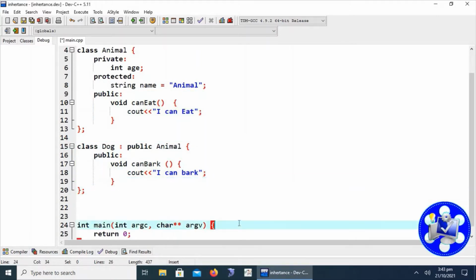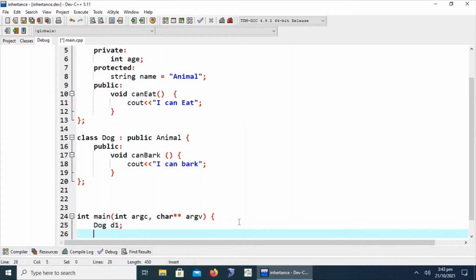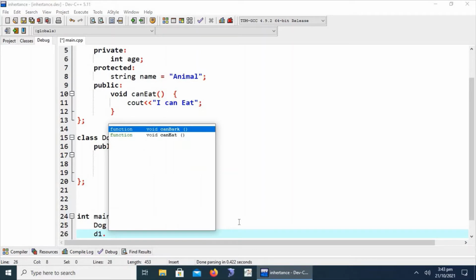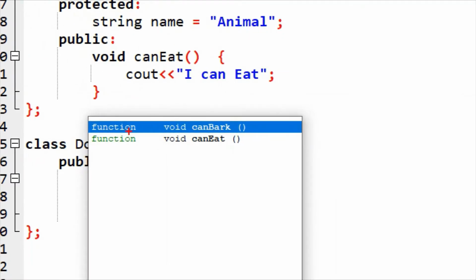Okay, now let's create an object of the derived class, called d1. We can see here d1 dot can bark as well as can eat.